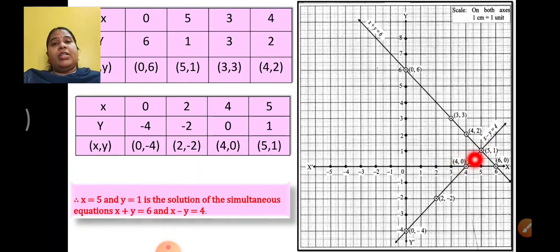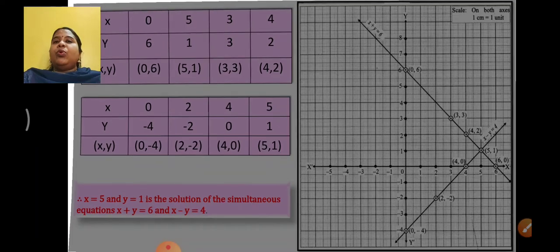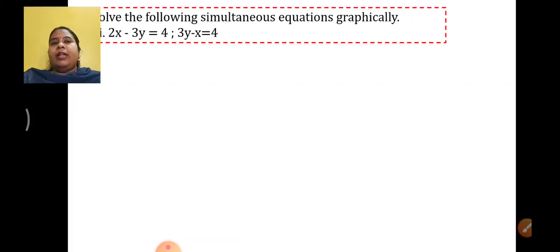So this was a very easy question which can be done orally also because the equation is very easy. This is the way you have to plot. The point of intersection is the answer, right? Okay. Now let us move to one more question of the practice set, which is slightly lengthy. I should say not difficult, lengthy.